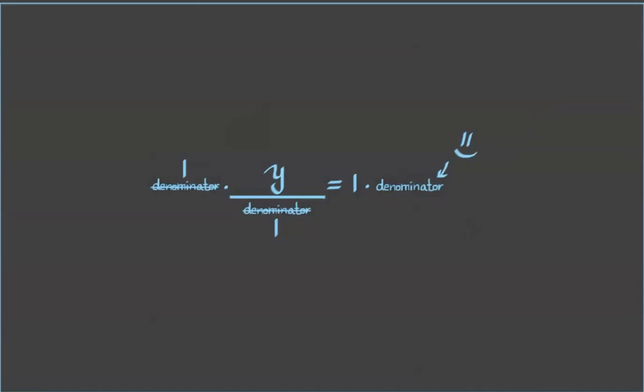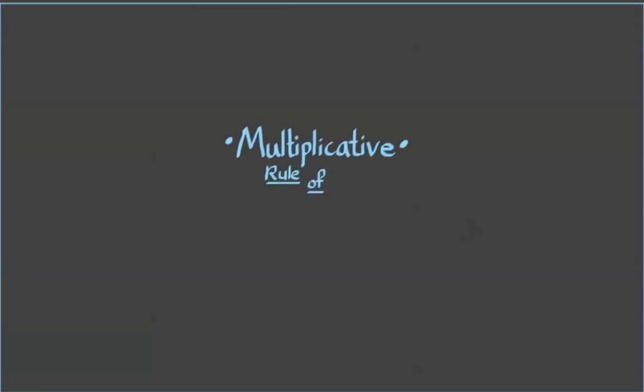You may be wondering, how is this even possible in algebra? How can I multiply and divide both sides of an equation by a number without affecting the value of my unknown? To understand this question, we need to talk about another rule in mathematics called the multiplicative rule of equality,